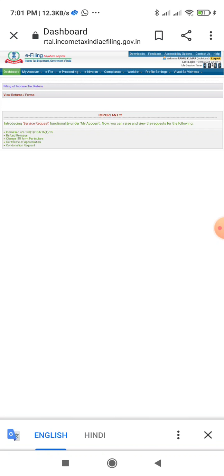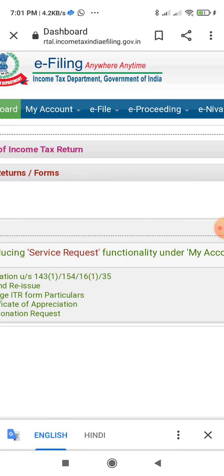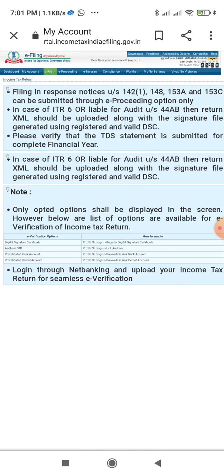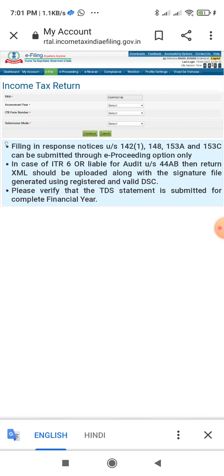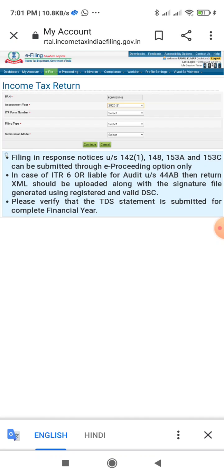So now we have logged into the income tax website. Now we need to click on e-file. This e-file, at third place it is available. Then we'll click on income tax return. We'll select assessment year 2020-2021.